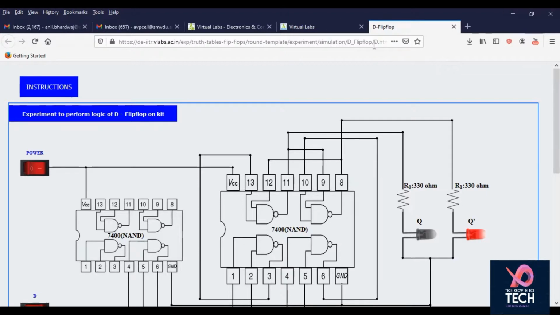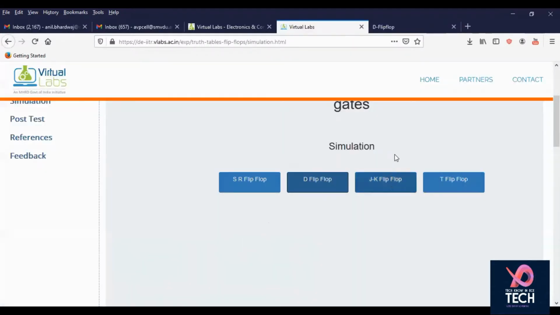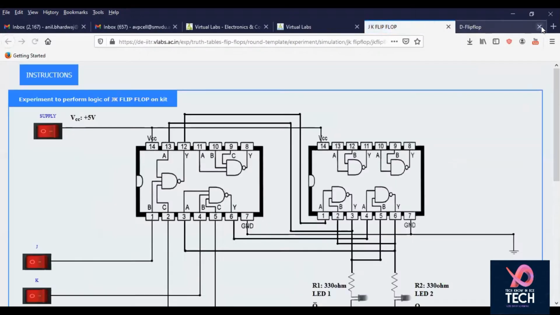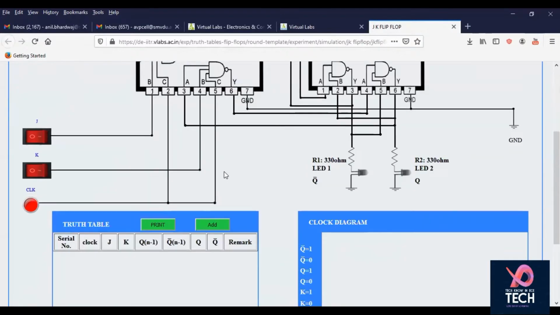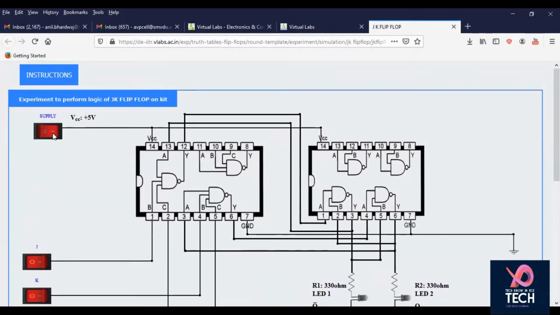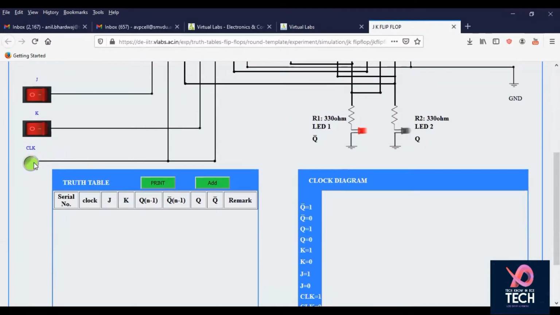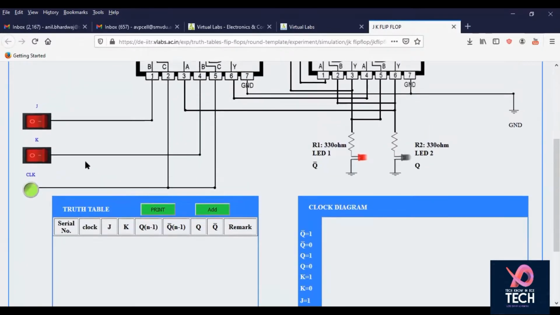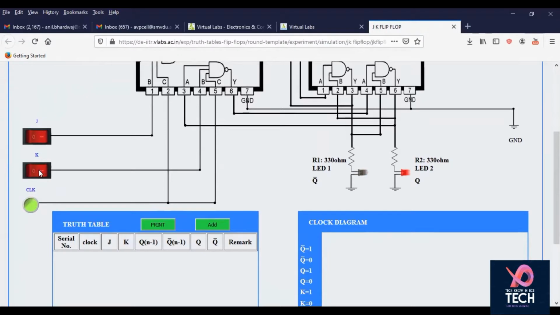The other thing which you can perform is the JK flip-flop. So here you can see this is the JK flip-flop using kits. The first thing you are supposed to do is give the power, then the clock is to be provided, then J is 1, K is 1.